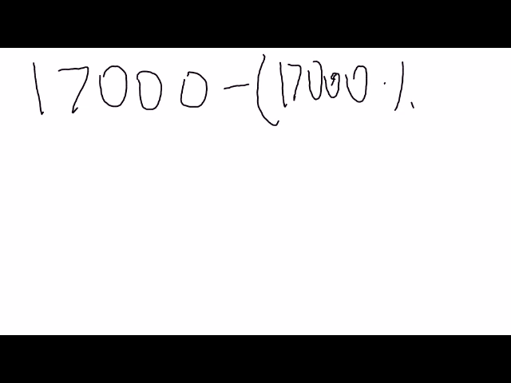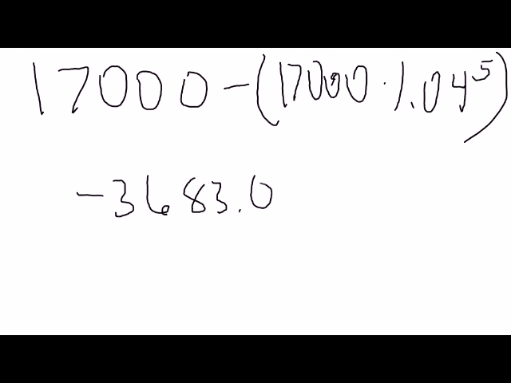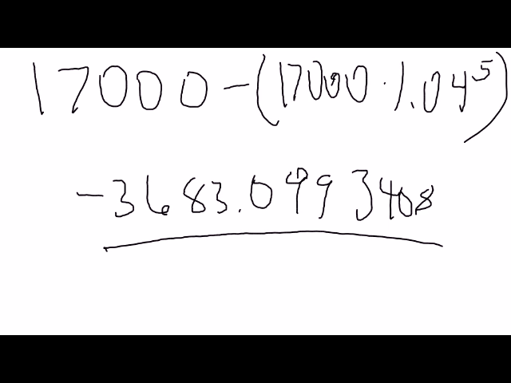So you're just going to get a calculator and figure that out. What you're going to end up with is something like negative 3,683.0993408. I'm keeping this because I want to have an accurate calculation. So 1 minus 1.04 is negative 0.04, and so I just divide it out. The negatives cancel out,